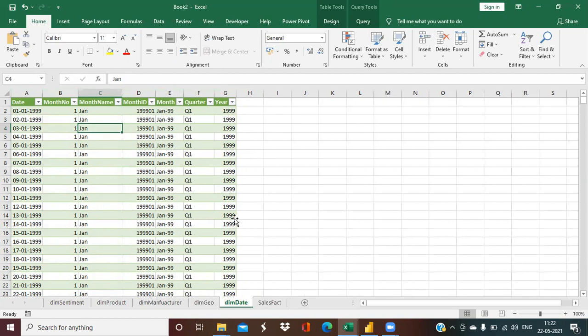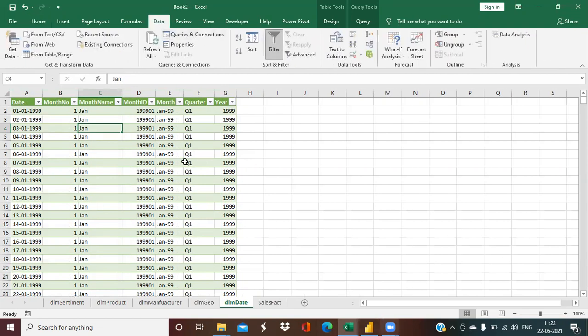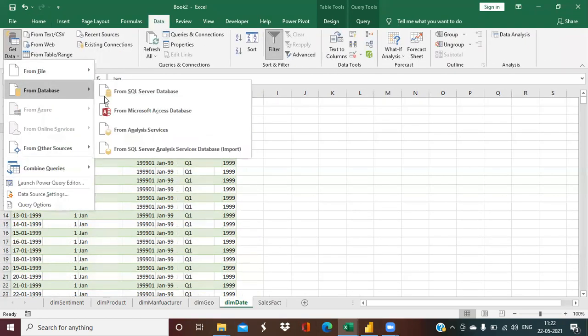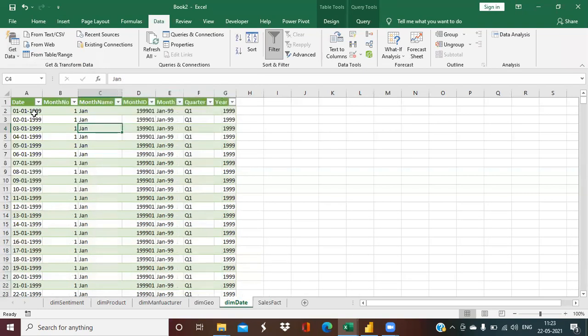So now the point is we have loaded the data here into Excel. Let's revise what we have done. Using our data connector, we have connected data from a database in Microsoft Access. We have done the required changes in Power Query Editor, and we have done all the transformations. We have created the dimension groups and fact group, and we have loaded the data after cleaning up the whole process. Now we have loaded the data into our Excel sheet.